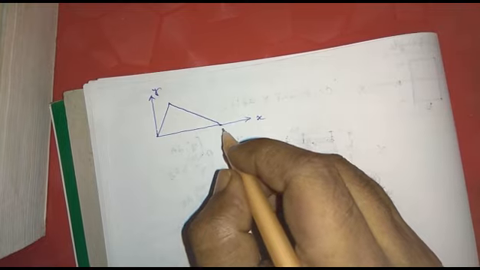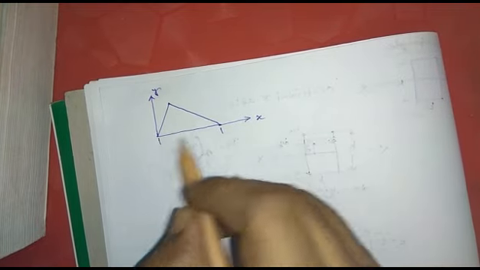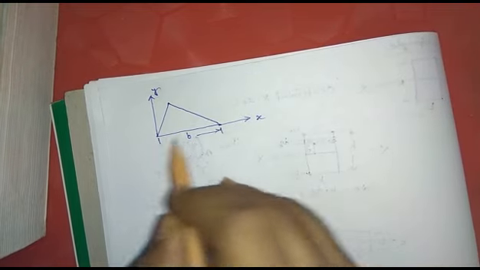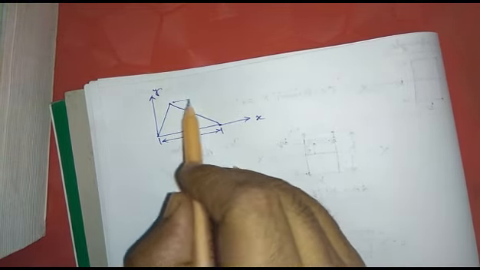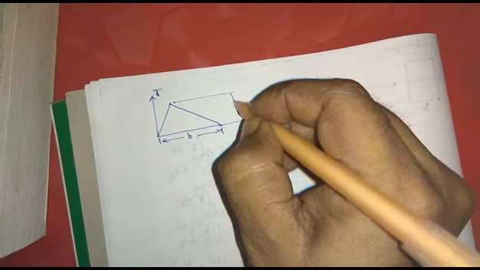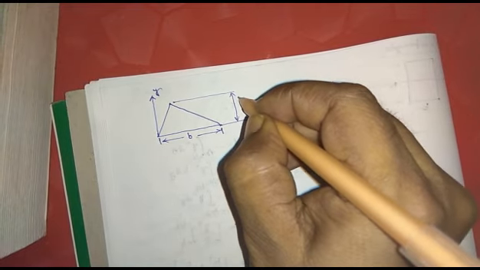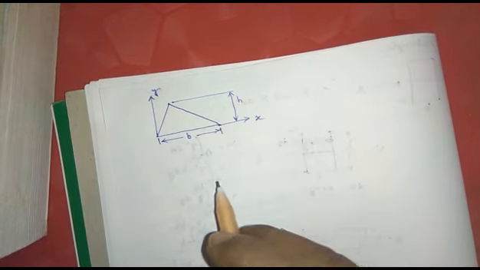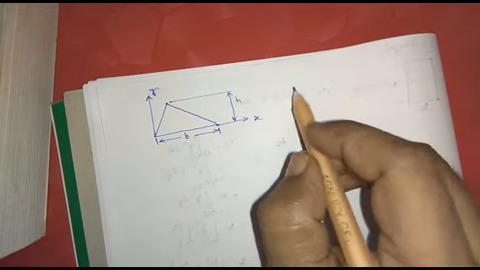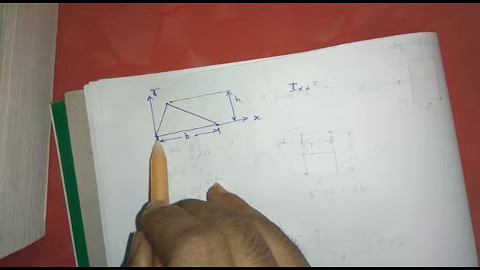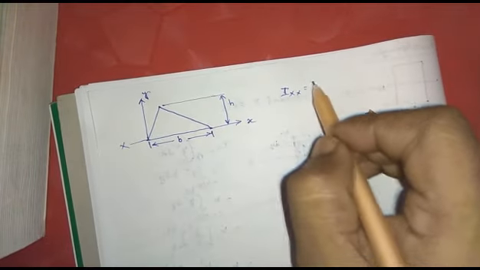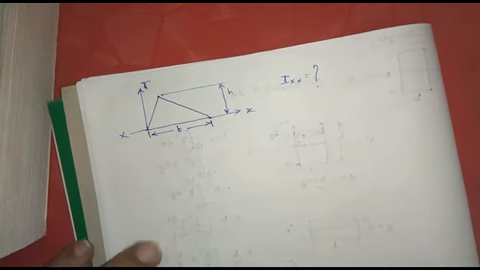Say this base is b and this height is h, and we want to calculate the moment of inertia about this x-axis. So we want to calculate that one. The formulation is simple,